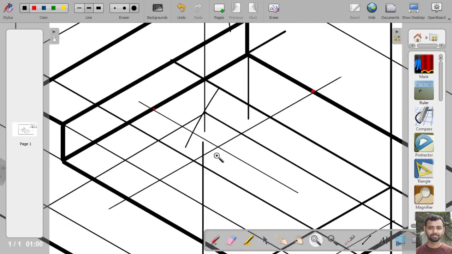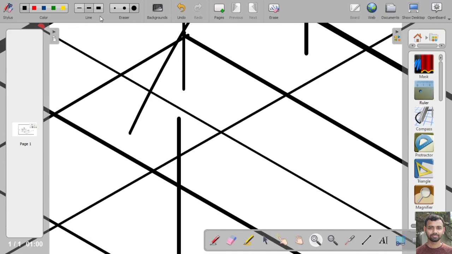So this is the center point. Locate the center point. Okay. Now,